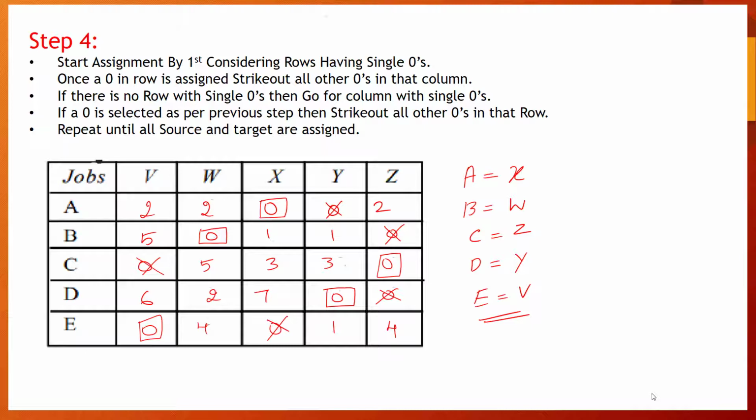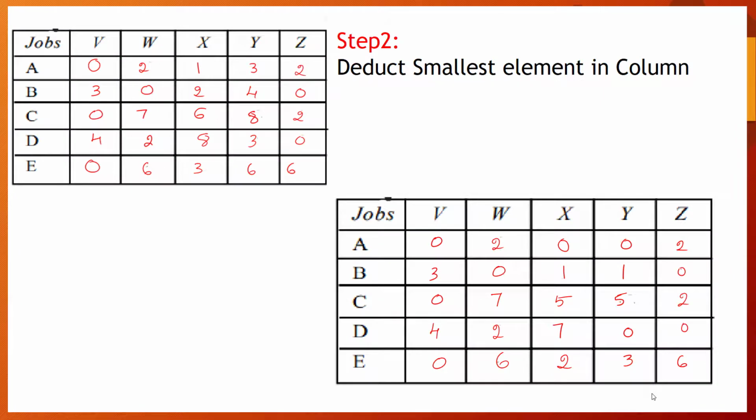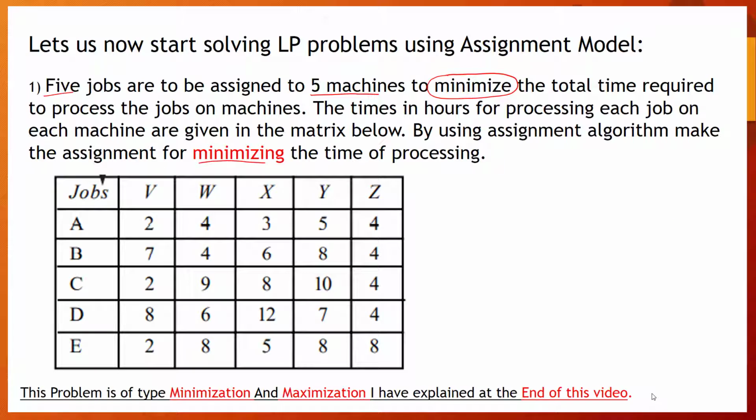In this problem only this much was asked, that is, assign the jobs to a machine in such a way that there is a least processing time. So this is what we had to do. So this was of minimization type. So what we have done, let us look into it. So initially we'll get a problem like this. We need to find which type of problem it is. So here it is a minimization type.